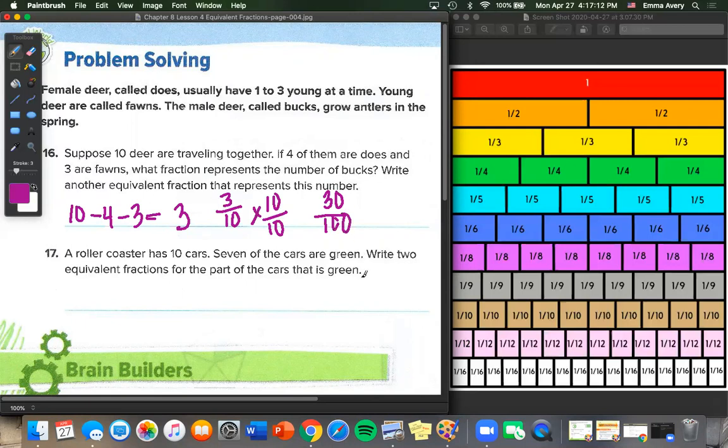Number 17. A roller coaster has 10 cars. 7 of the cars are green. Write 2 equivalent fractions for the part of the cars that is green. Okay, so 7/10 are green. Well, let's use this same 0 trick. So multiply by 10 on each side. We can say